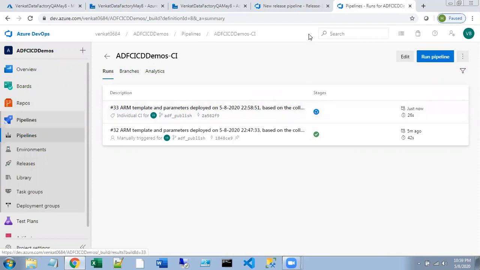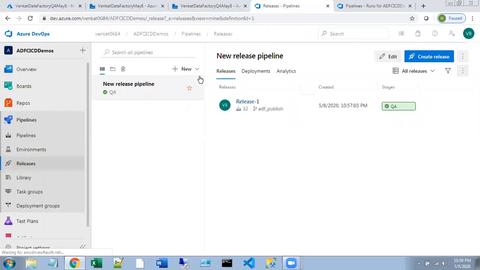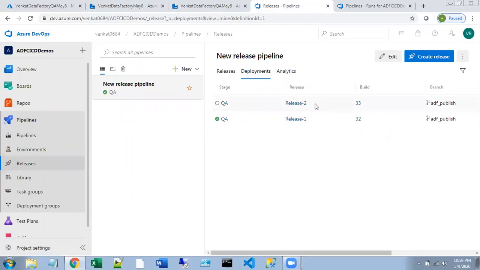Once this step has been completed, it will go for deployment. Here you will see the respective deployments. See here, the other one has started, release 2.